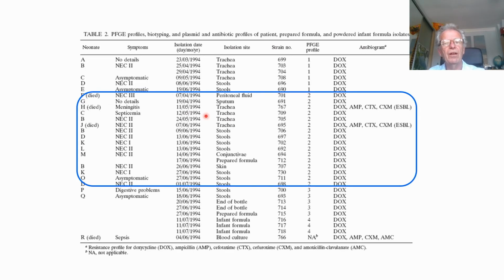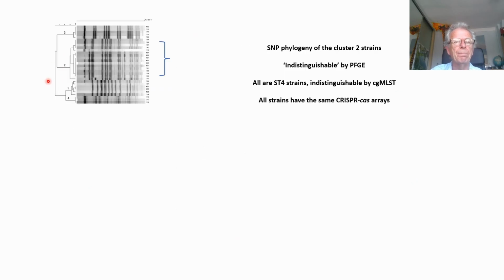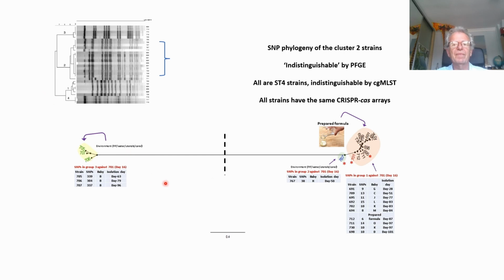So they're the ones here where we had 3 deaths. We got our meningitis here, we've got necrotized enterocolitis, we've even got ESBLs. And we got baby B here. And 3 of these isolates are from the same baby at different times. And baby B also had an earlier infection with a different strain. So poor baby B. When we do the SNP analysis and detailed analysis on top, we find that the majority